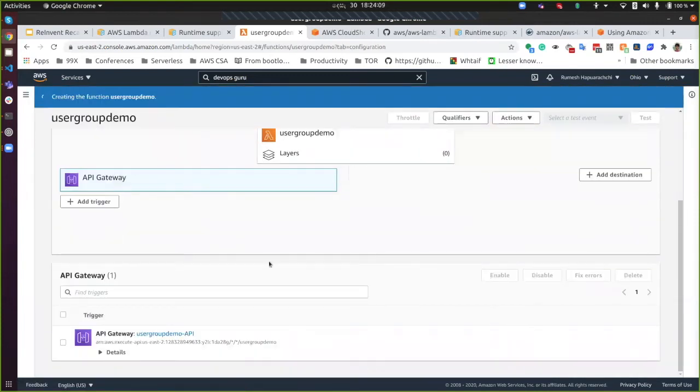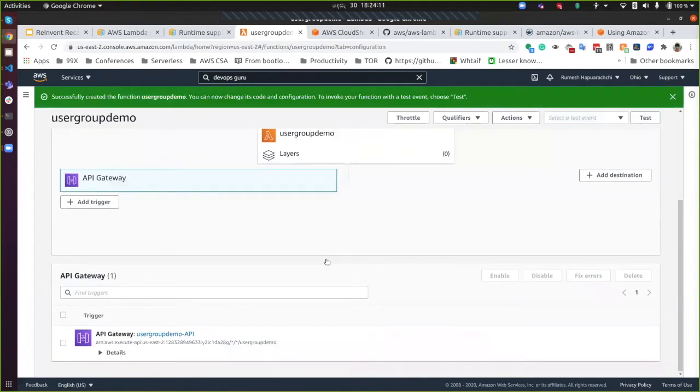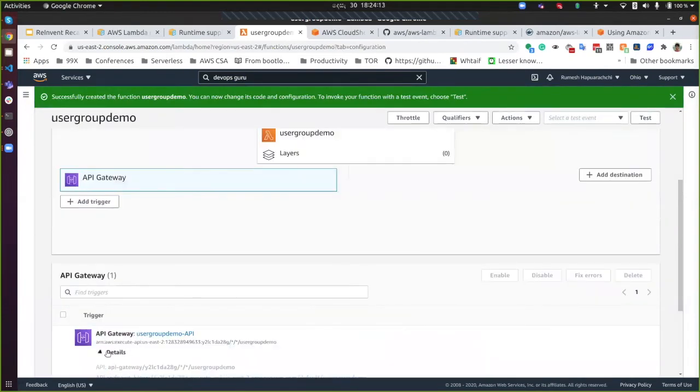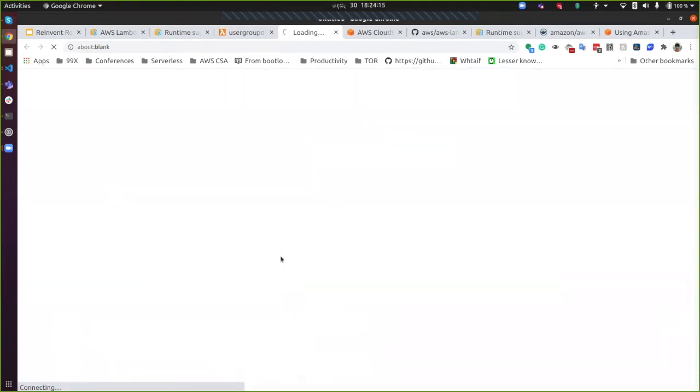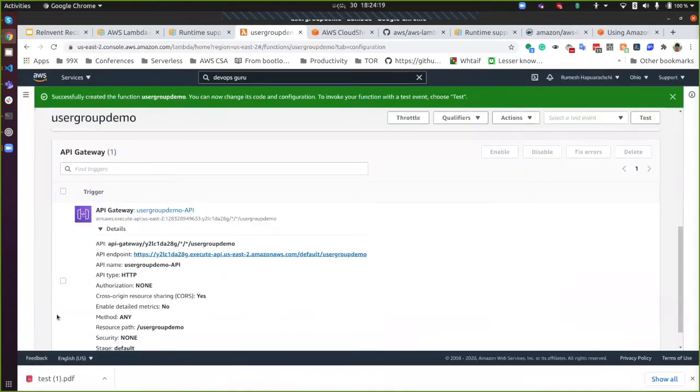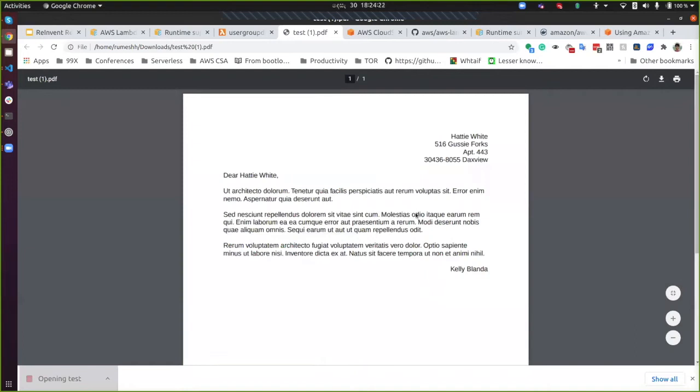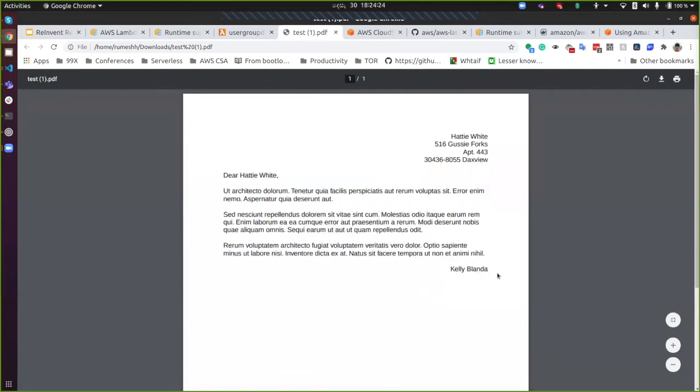So it just created a new API Gateway, and let's simply try to invoke this. You can see I just got a completely new letter generated using the function we just uploaded using